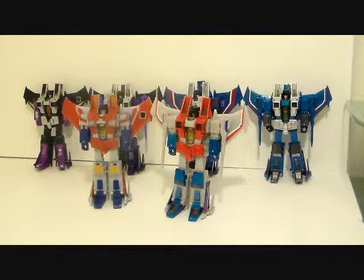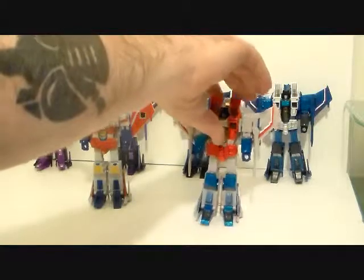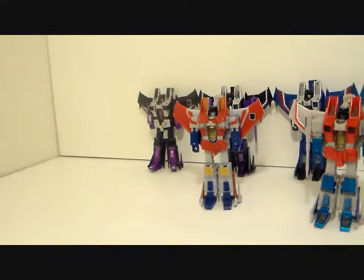But all in all, there's no signs of mold degradation on these guys. Their joints are nice and tight. They're not floppy. Wings are staying in place. I mean, they're nothing like Acid Storm here. This is just a loose figure. I don't think this is mold degradation, as I said in his review, but these guys are just